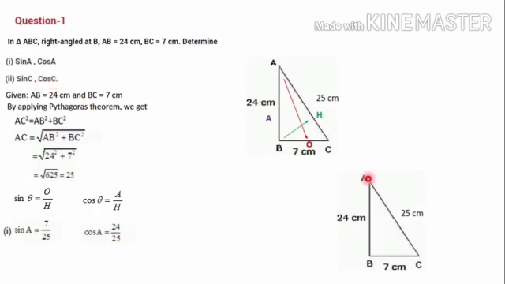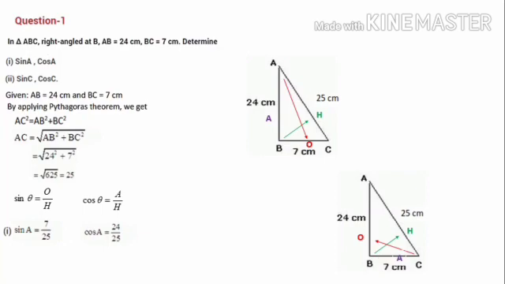Here the angle is C. So let's take the triangle again, and here the angle is changed. Before we have calculated A, now you have to go for calculating based on C, angle C. So with respect to the given angle C, we have to mark the sides. First of all, we label the hypotenuse. Next, based on this C, we can go for the opposite side. So side opposite to C is O, we have to mark. Then the leftover side, that is BC, we have to mark it as A.